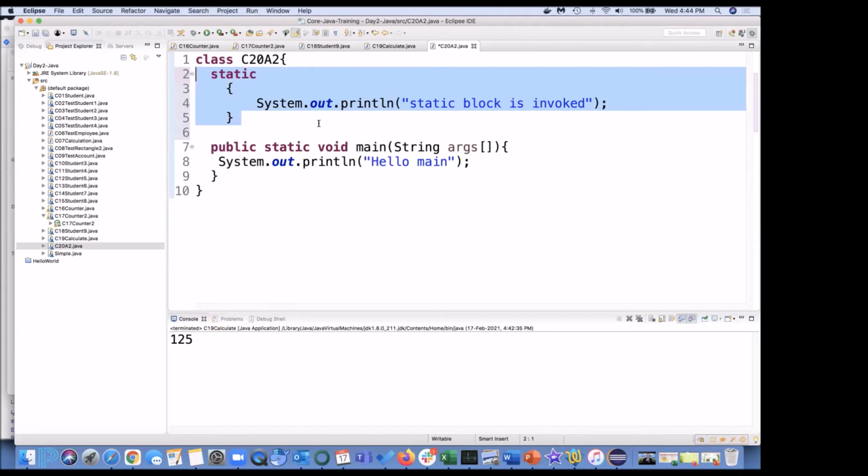So when you will be having a static block, when the static block is going to execute, that is very important. I am going to put two debuggers here and going to debug this. So this is, you can see, the debug icon.